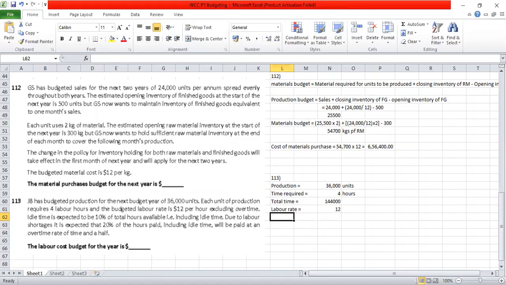Idle time is expected to be 10% of total hours available. That is including idle time. Due to labor shortages, it is expected that 20% of the hours paid, including idle time, will be paid at an overtime rate of time and a half. So here, the idle time is mentioned as 10% of the total hours available. So calculate that as